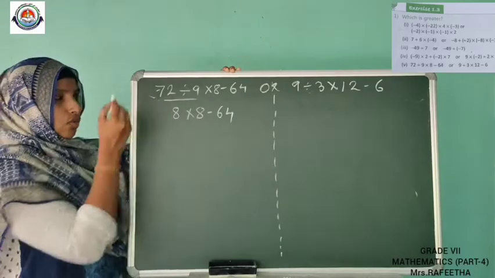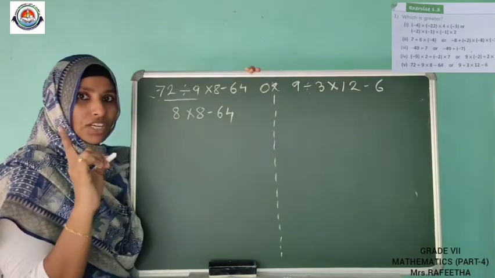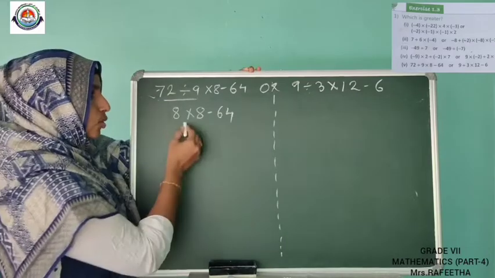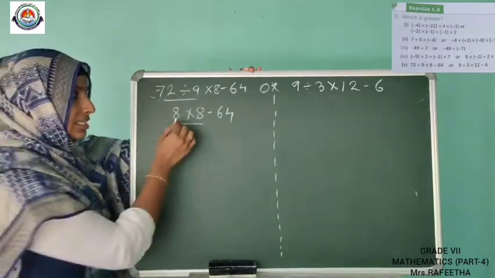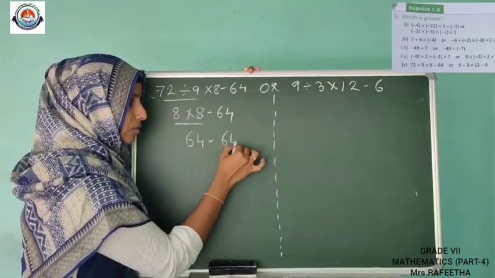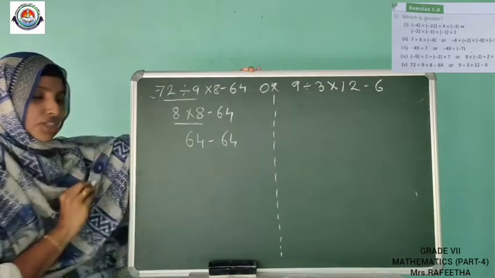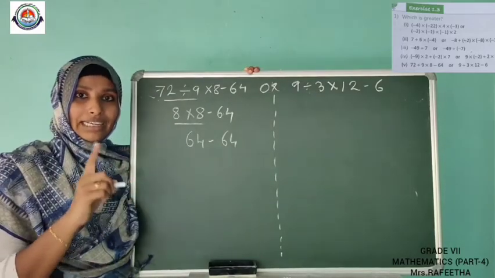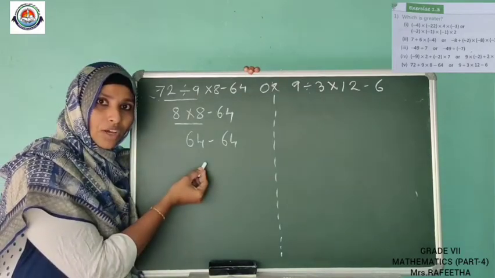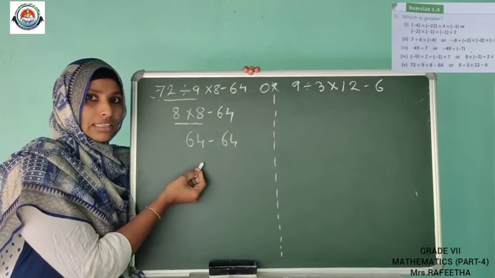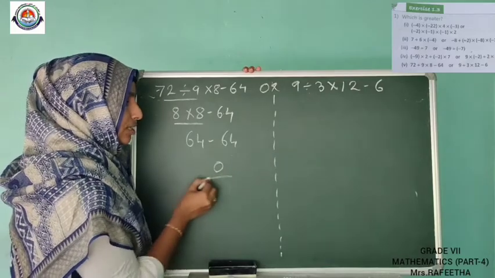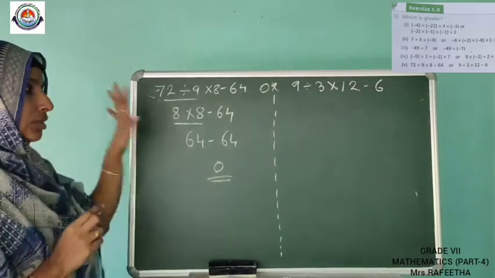Okay, so division over. Next we want to do multiplication, DMAS. After D, M is there. M means multiplication. So multiplication is there here, that is 8 into 8. 8 8s are 64. Then the remaining 64 I am writing here. So multiplication over. Next in DMAS, D over, M over. The next is addition, A. Is there addition here? No. What is remaining? Yeah, subtraction. So we can do the subtraction. 64 minus 64 is 0 itself, that we know. Okay, so this part is over.